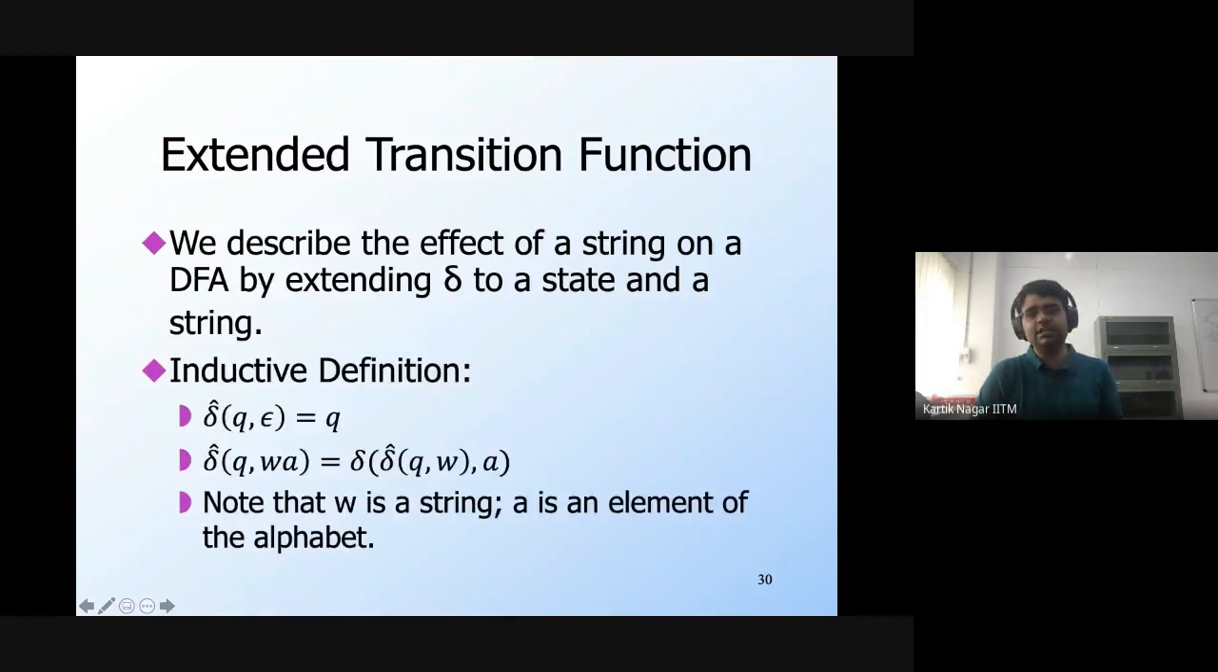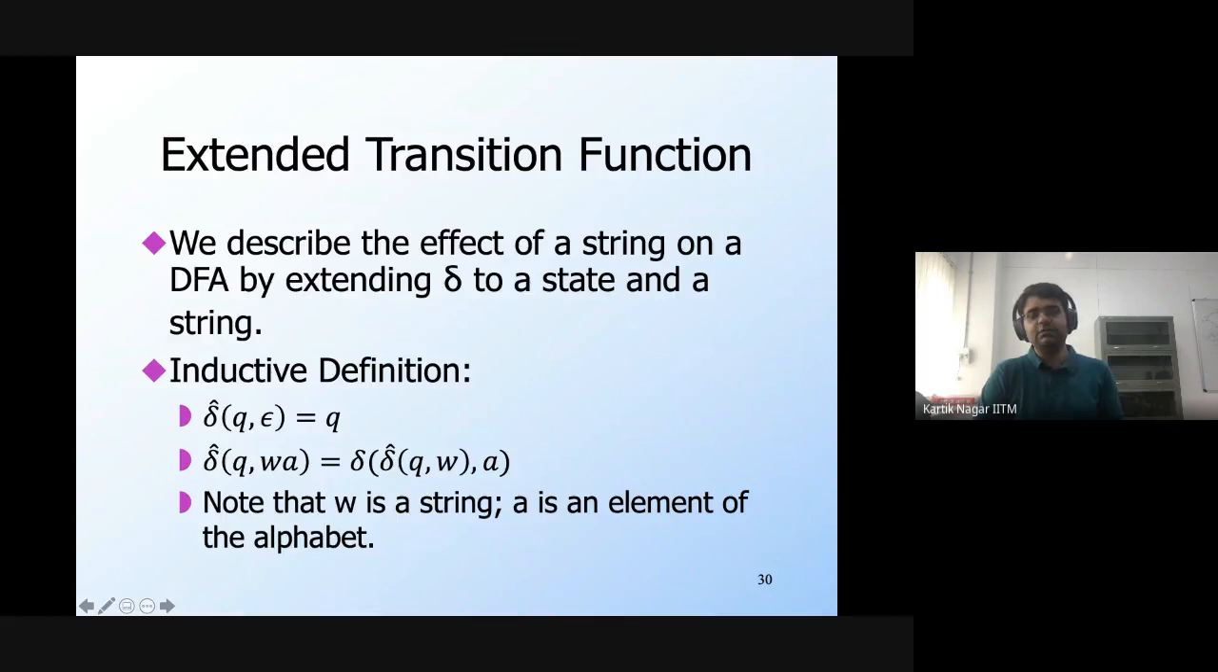So we're going to denote this by the symbol delta hat. Delta hat is basically the extended transition function. It's a function from state cross strings to state, so it's a function from Q cross sigma star to Q. And this is defined inductively as follows. So delta hat of Q comma epsilon, where epsilon is the special string of length 0, is defined to be Q, and delta hat of Q comma WA,